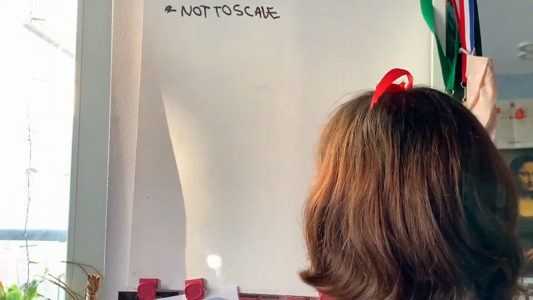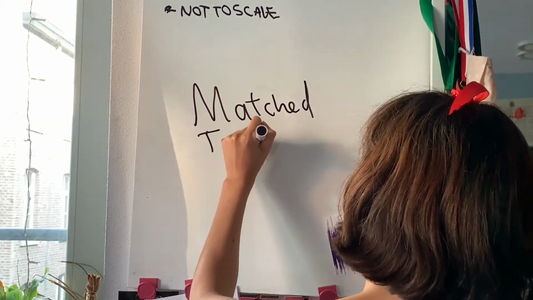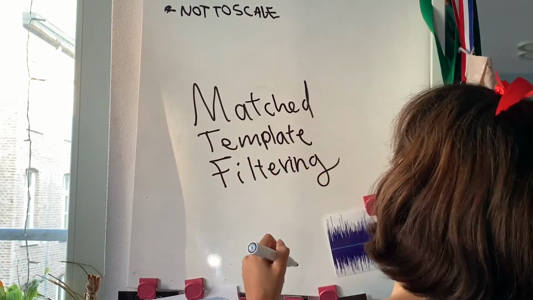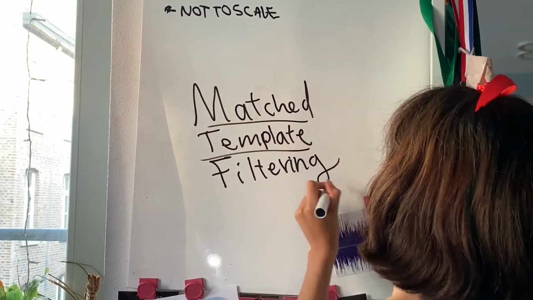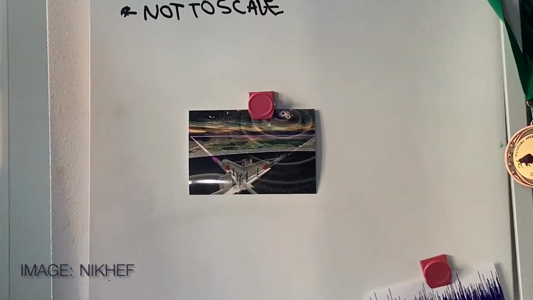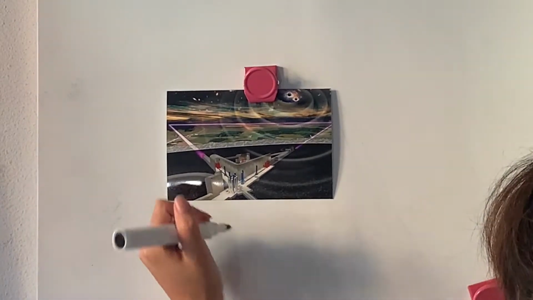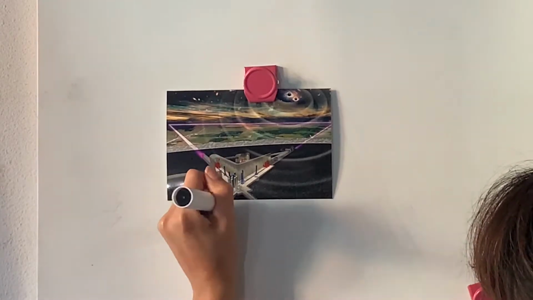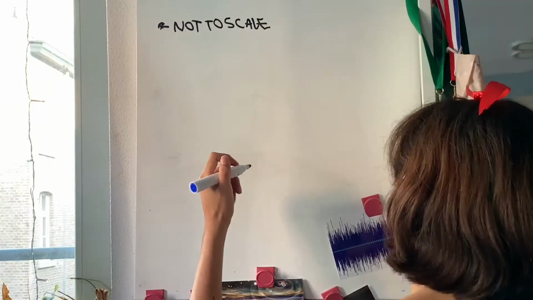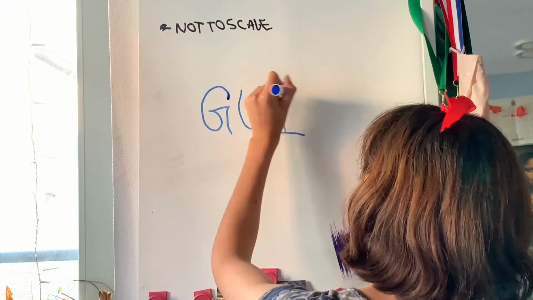Now, how do we do this? Well, something called match template filtering, which, as the name implies, finds the best match for a gravitational wave signal from a bank of templates generated by a computer. This has many advantages, of course, but it is very time-consuming, and when the new generation of gravitational wave interferometers will be built, like the Einstein telescope, in approximately 15 years from now, we are predicted to detect over 1 million times more signals per year. This is going to be a problem. We like to call it the gravitational wave information overload problem.